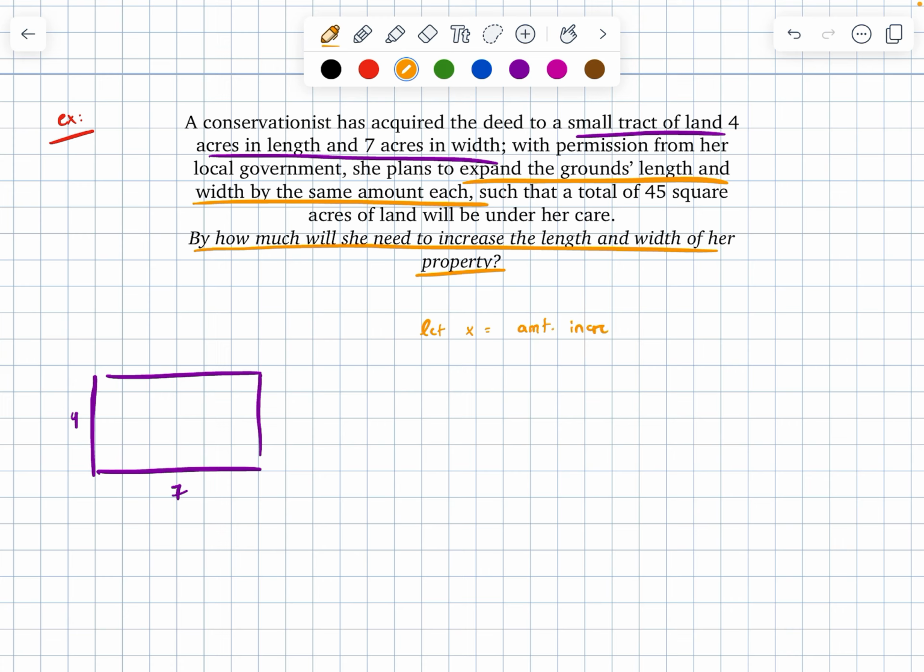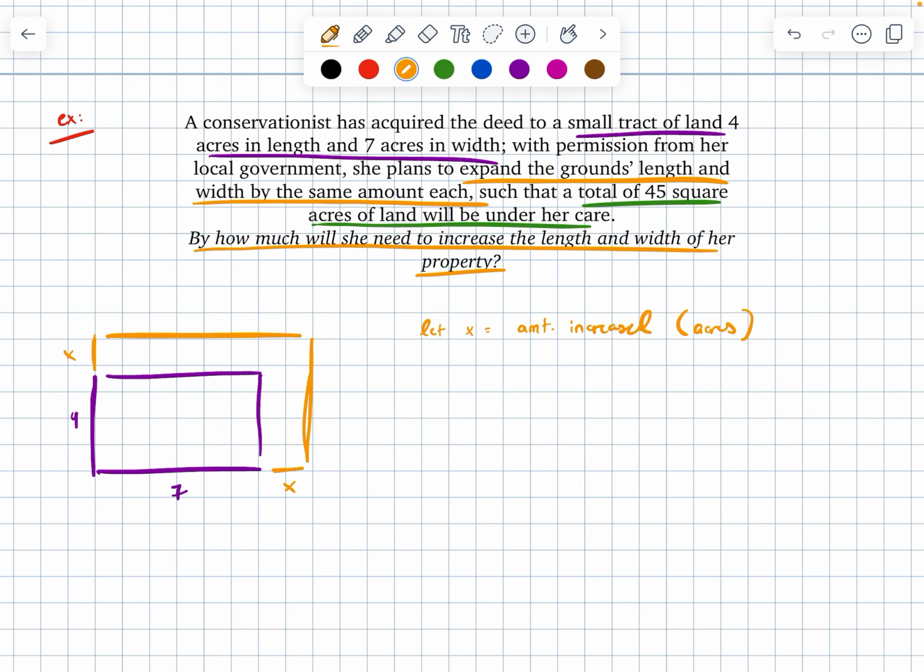I'll call it x. You can call it whatever you want, but I'll say this here, x, is going to be the amount that our friend is increasing her length and width by. I know that my ending unit is going to need to be in acres, so I might even tack that on at the end. From here, I know that I'm going to add a little bit to my length and my width, which we've called x, which in context is going to make that rectangle just a little bit bigger. The last piece of information that I have not yet used is that my total area is 45 square acres,